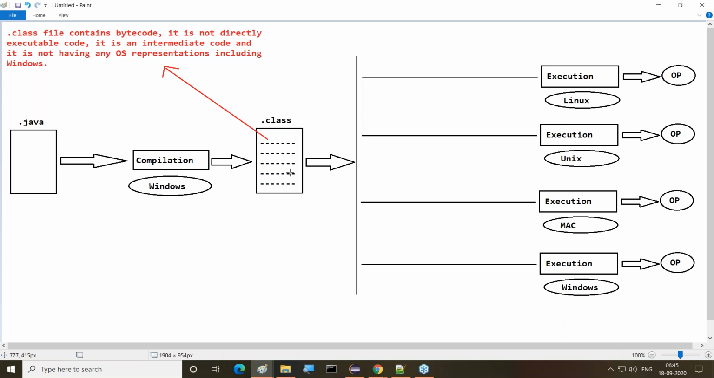This is an intermediate code. It's not executable code. It doesn't have any operating system representations. But if you want to run it on Linux, it must have Linux representations. If you want to run it on Unix, it must have Unix representations. If you want to run it on Mac, Mac representations. If you want to run it on Windows, Windows representations. So here again, we are getting some mismatch. We are unable to execute this neutral bytecode on any of the operating systems. Exactly in this particular situation,